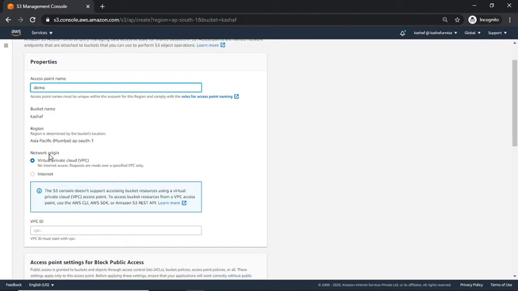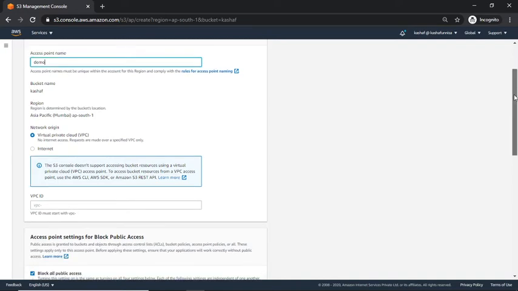Now this is the network origin option. There are two options for network origin. You can select either VPC or internet. If you want to access your data only within your VPC, you can select this VPC option and add your VPC ID here.